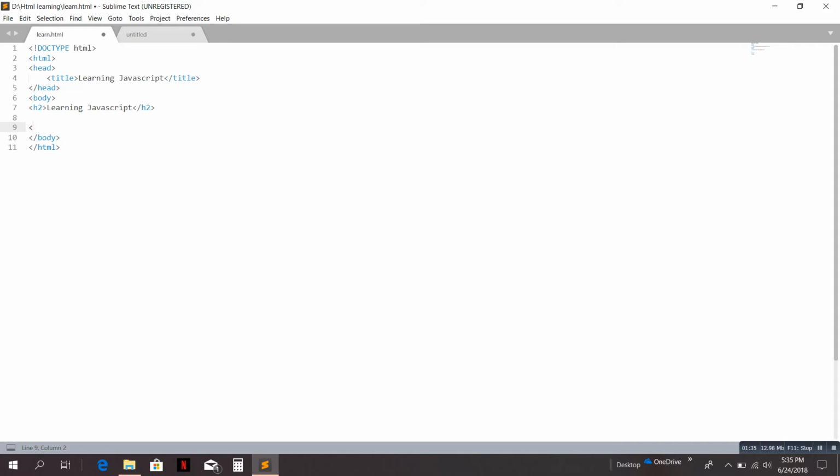Let's start. Let us make a button first. Let's say the button has a caption, click me. Okay. Now let's make another paragraph where we will change something in that paragraph with a click on that button. With the click on the button above, we'll change something in our coming paragraph. Okay,